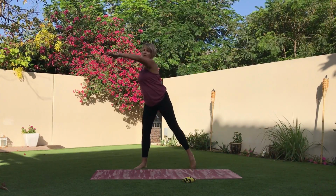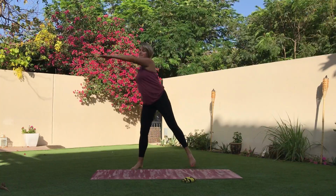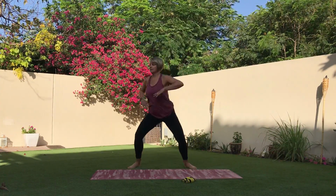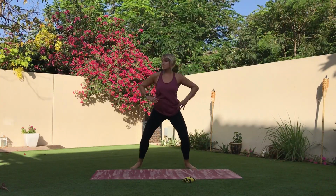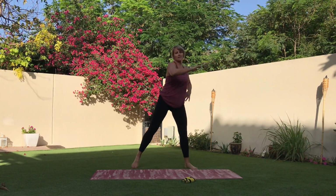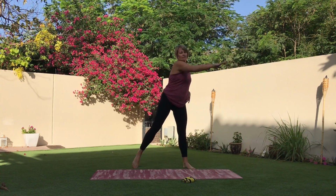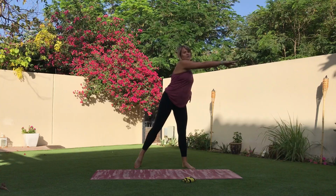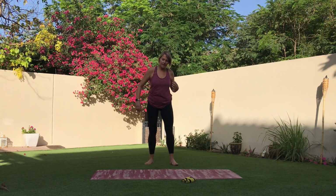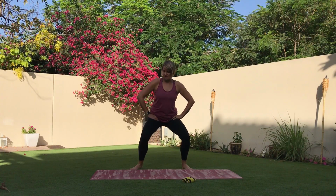So start to work that waist. So bend a little deeper in the middle now. Keep that arm at shoulder height. 4, 3, 2, 1. Okay, so we are now going to step forward into a box step and go into